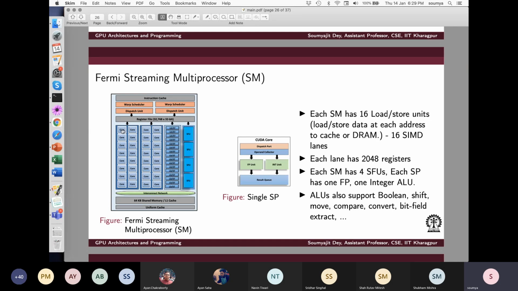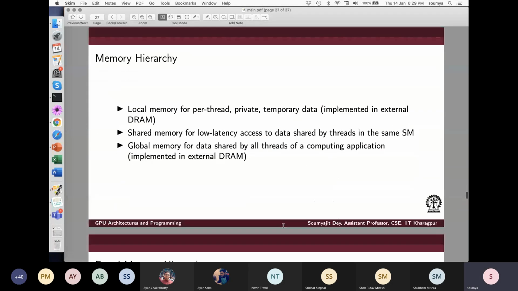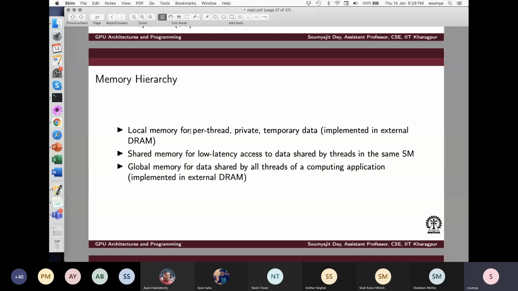Logically speaking, each core will have access to some items in the register file. Each core will have some set of registers assigned to it at runtime. But in the parlance of the program, for the threads, some amount of memory is allocated in the DRAM, which is called local memory. Now, let's not confuse this with the register file. The DRAM is the global memory. That means everything that one SM or one SP does on the DRAM, updates a variable on the DRAM, is transparently seen by every other SM and SP.